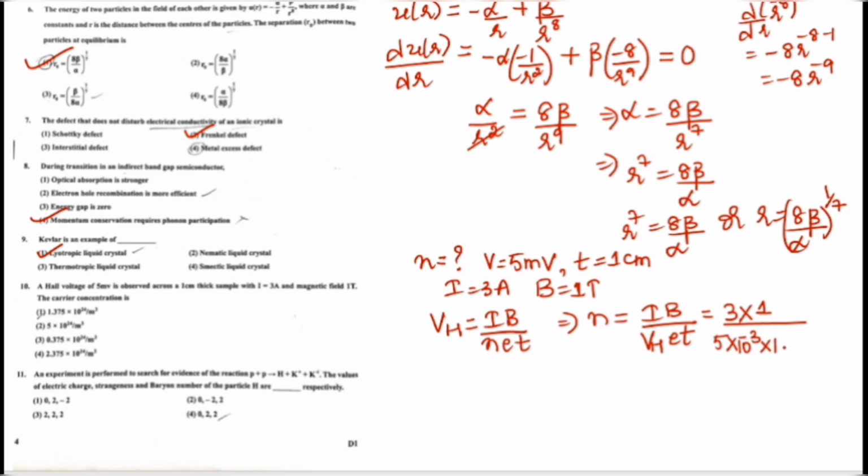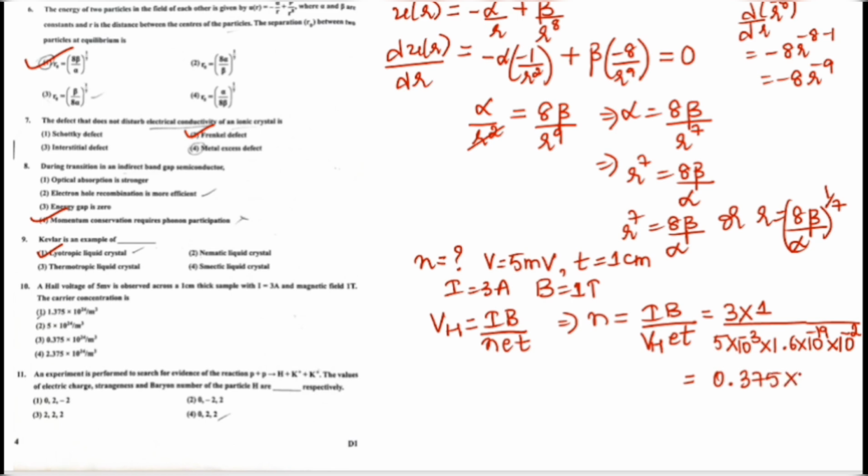We must know the charge of an electron, it is 1.6 × 10^-19. The thickness they have given is 1 centimeter. We need to convert it into meter, so it will be 10^-2 meter. On solving everything, we get the answer. I have solved this and we get the answer to be